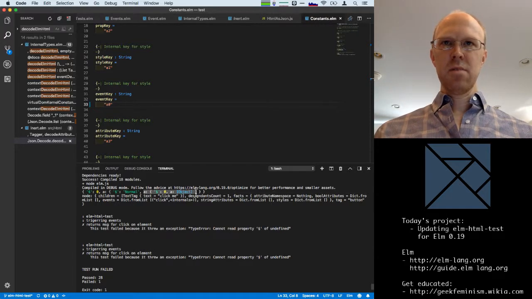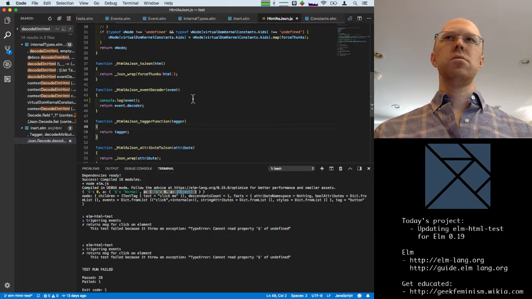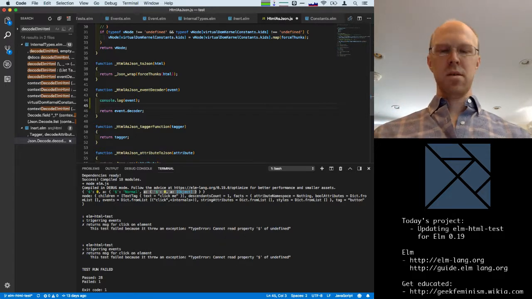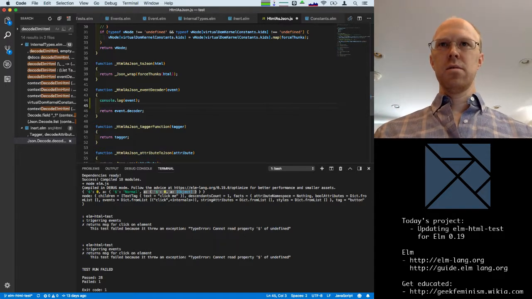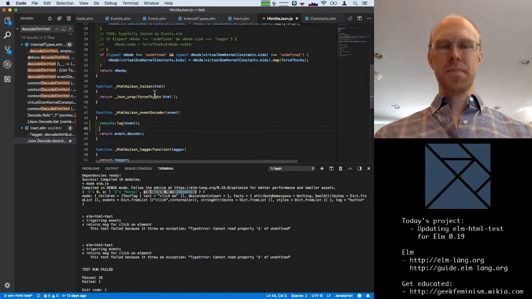And this then is going to be the decoder of message. So that's useful. The decoder then, oh, okay. So what we'll need is a switch statement here to basically handle the union type.